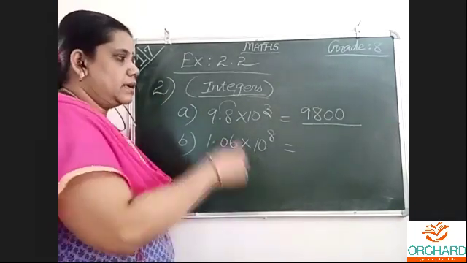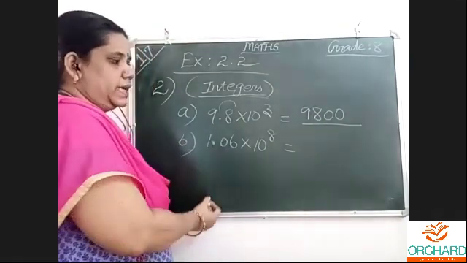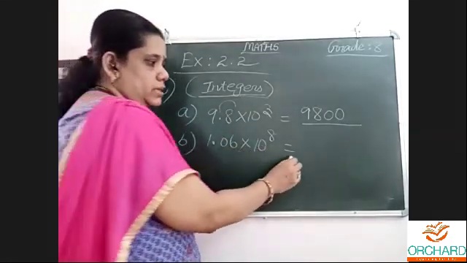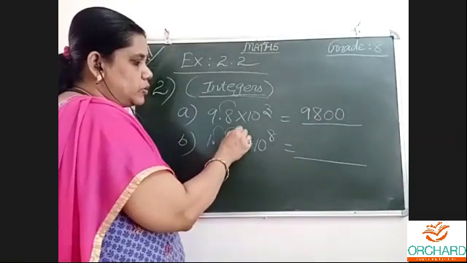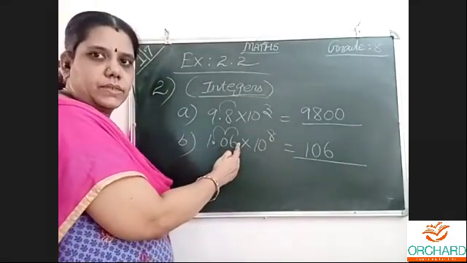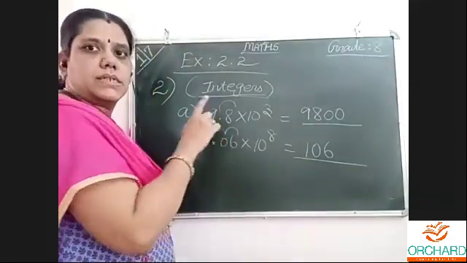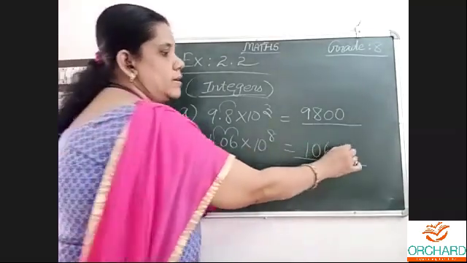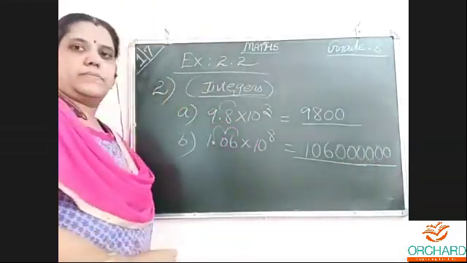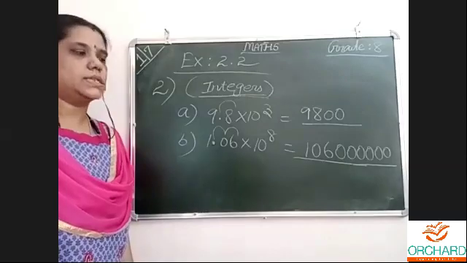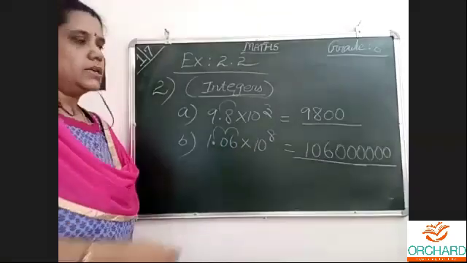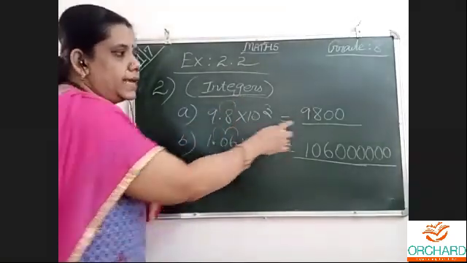Okay. Easy, easy. Once more I am telling. The point is there. After the last we should move. Then only we can remove the point. Right. So 1 jump, 2 jump. 1, 0, 6. 2 jumps I went here. 8 minus 2 jumps. 6. 6 numbers are needed. 1, 2, 3, 4, 5, 6. Stop. So this is the answer. Comma, nothing needed. Just write directly. So 1 jump here because 98 we need to write.